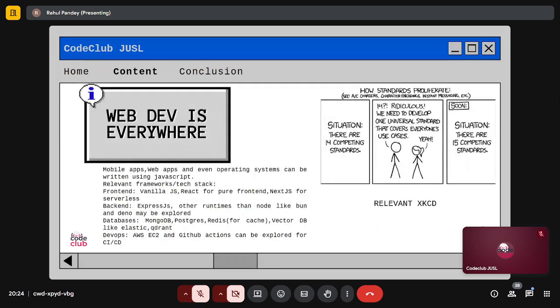Tanish: Yeah. So obviously, web dev is literally at this point everywhere, wherever you can see. It can be used to make mobile apps, web apps, even operating systems, and whatever you can even think about. And obviously, as a result, JavaScript is at this point in more or less most of the machines or your browsers everywhere. So every day a new standard or a new framework is created to make something easier.